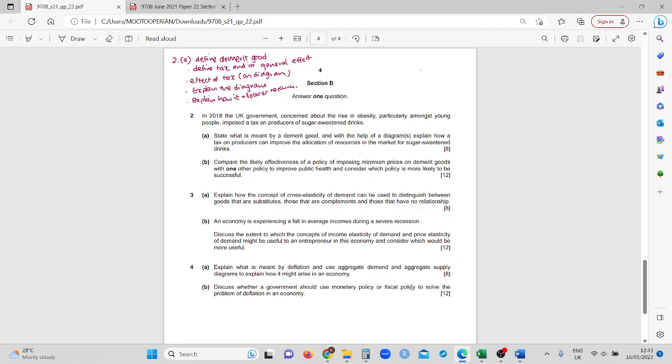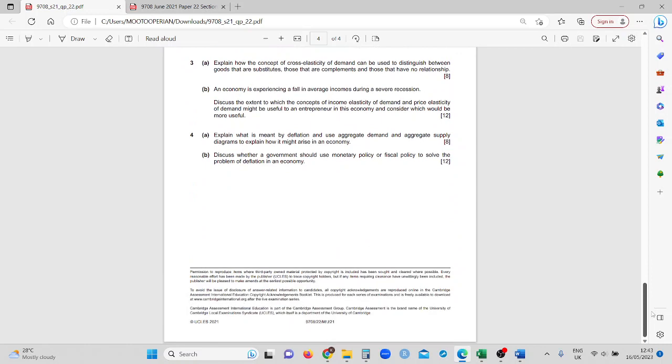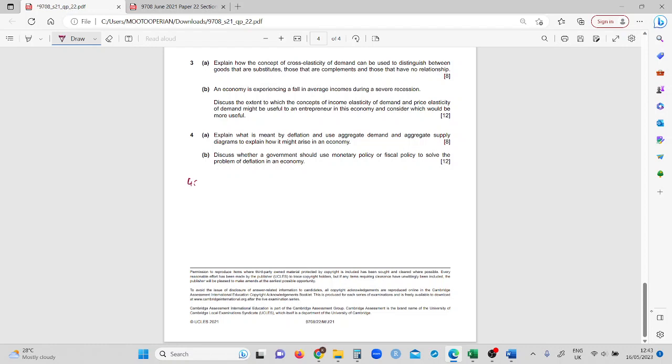Okay, so for question 4, explain what is meant by deflation and use aggregate demand and aggregate supply diagrams to explain how it might arise in an economy. So, the plan for this question: you will have to define deflation. And then, of course, you have to take one by one, so aggregate demand. You have to draw the diagram for aggregate demand showing